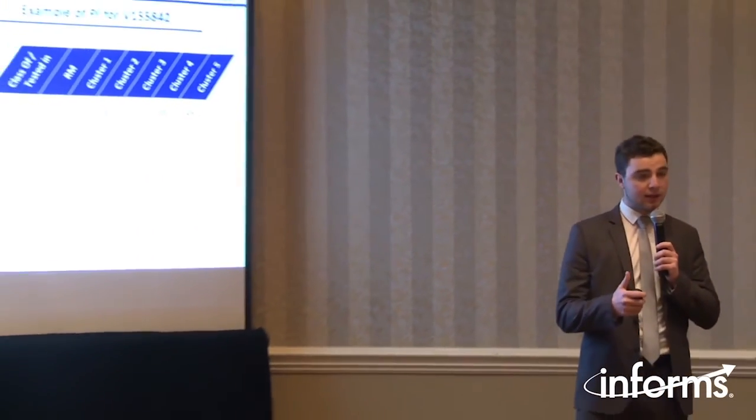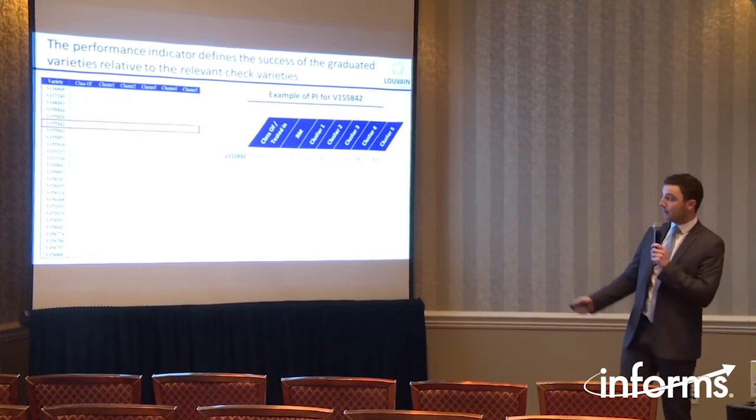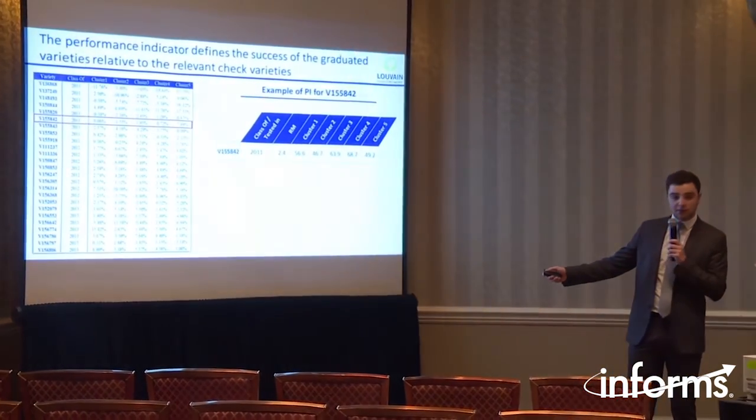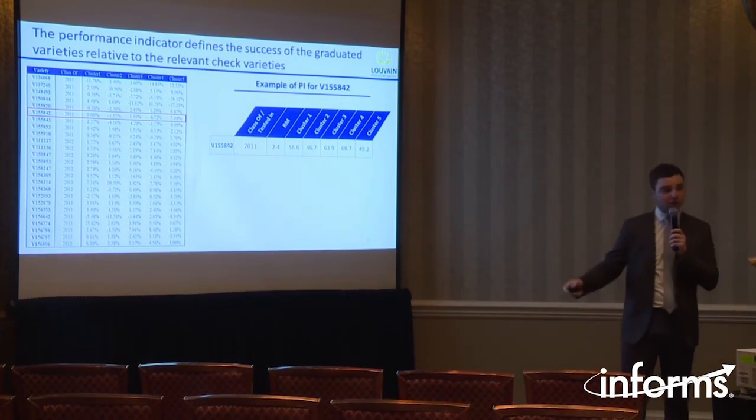So now that you have the three pillars in mind, I'd like to explain to you with a concrete example how we built this performance indicator. So let's take this seed. There are three steps in constructing our performance indicator. Step 1, identify all the key characteristics of our given variety. So this one was tested in 2011, RM 2.4, and you can see its average yield across the clusters that